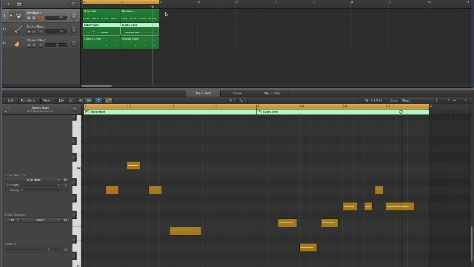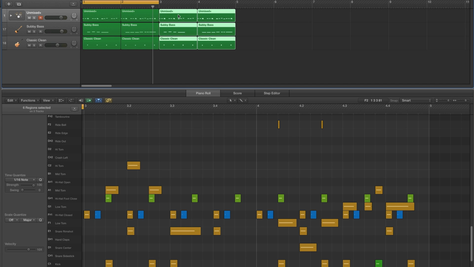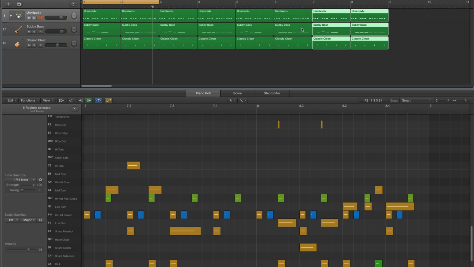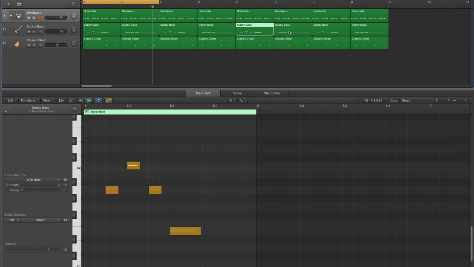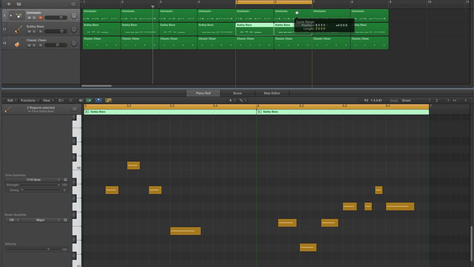So if we look up here, 2 bars, that's 1 cycle of the bass line. 4 bars, that's 2 cycles of the bass line. 6 bars, that's 3 cycles of the bass line. 8 bars, that's 4 cycles of the bass line. So if I'm going to put a variation on the bass line in the 3rd cycle, it's going to be here in the 5th and 6th bar, because that's the 3rd cycle of the bass line, because the bass line's 2 bars for each cycle, right? So here